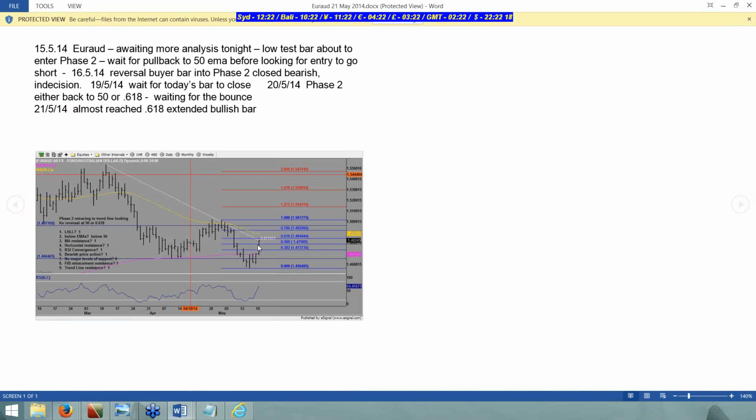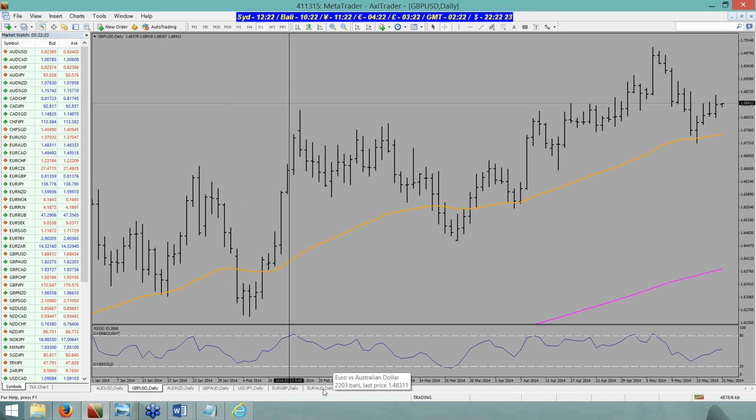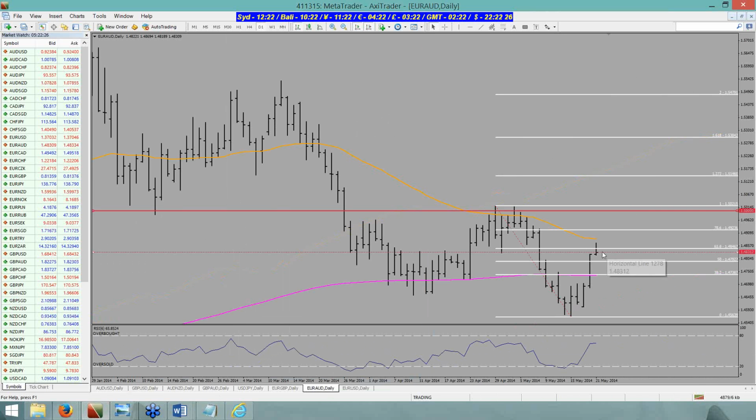We don't know if it's getting resistance yet. Horizontal resistance. No. I hope you're not looking at getting in here, because we need to see the sellers, right? It's setting up as a high test bar at the moment, but we don't know where this bar is going to finish. We've got hours and hours before this bar finishes. But yes, I too am waiting for this. So I need to see this bar finish and then a bar of selling to give us that ring high formation to go short. This lightly dotted red line that you can see is just a minor resistance line that I've got just for this period of time here.